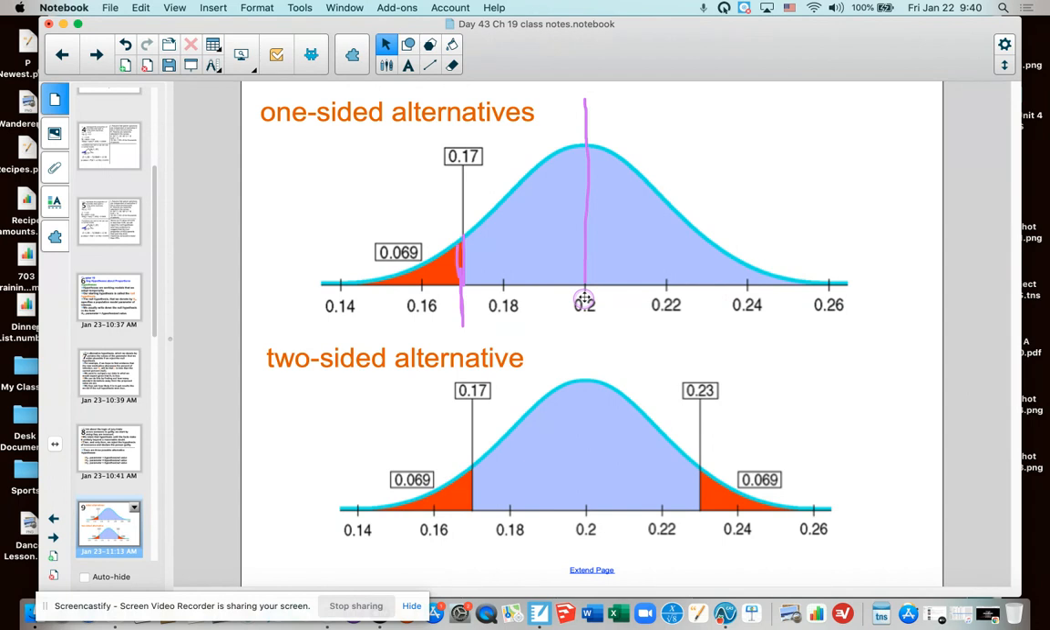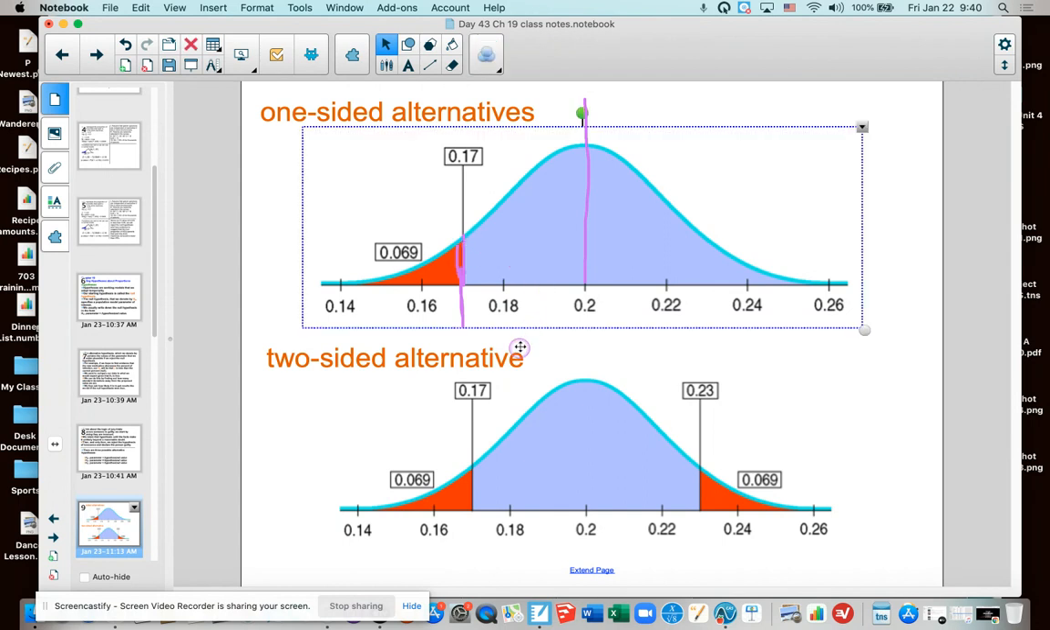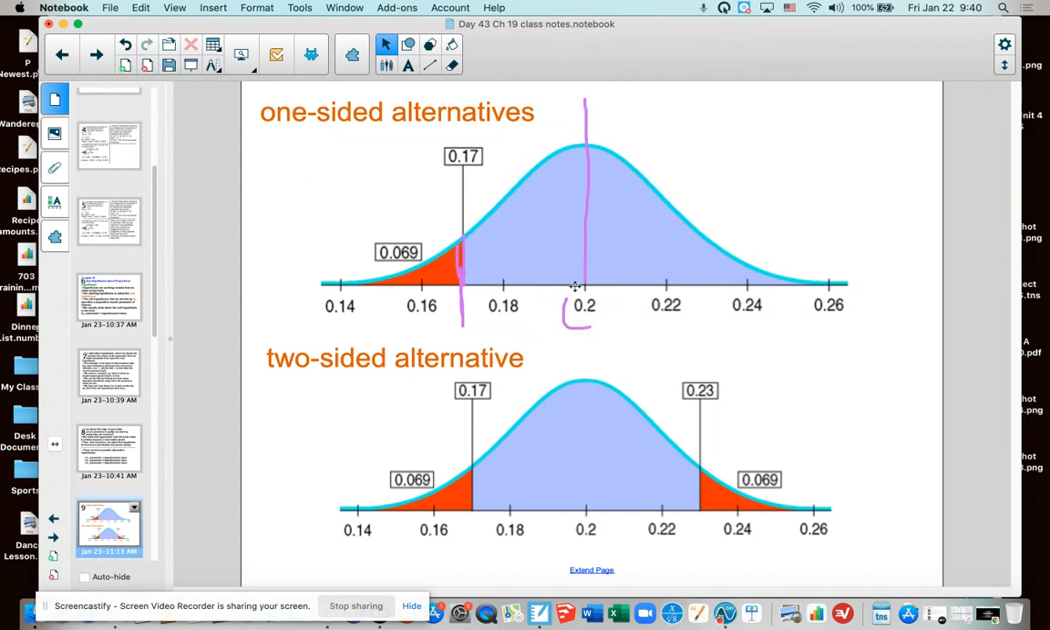So we want to say, well, is this result I got from my sample so unusual that I think this truth is actually not the truth? Or is the sample I got kind of what I would expect? Like, if this was the truth, then I would expect to get a sample like this once in a while. Because of course there's